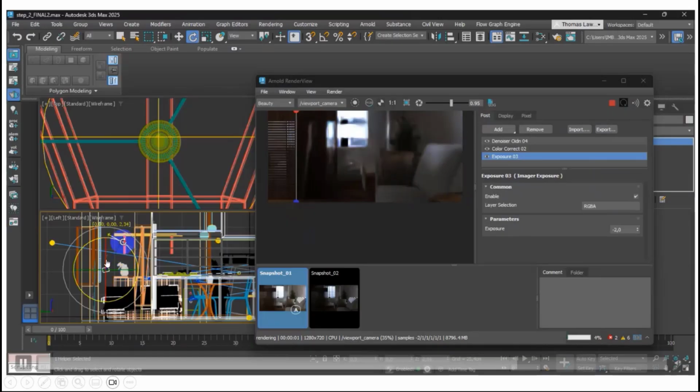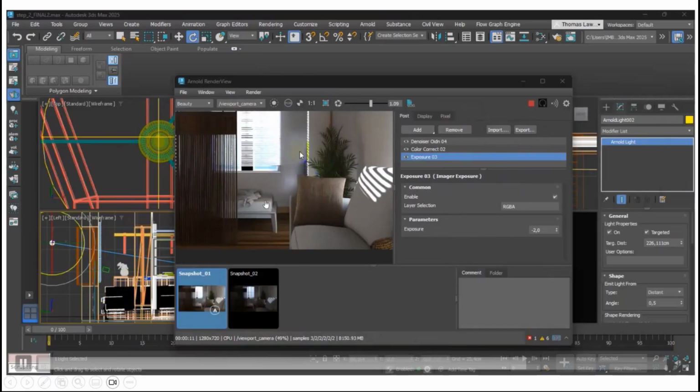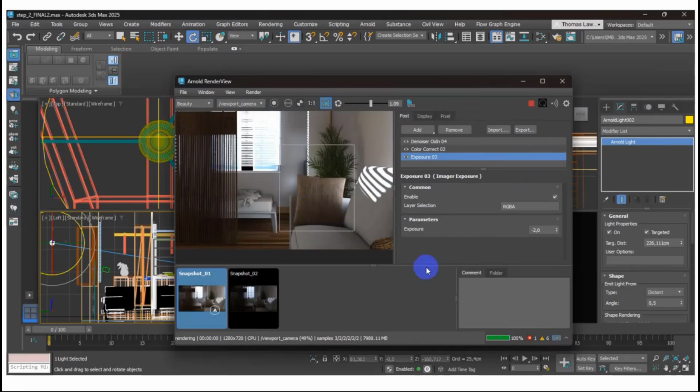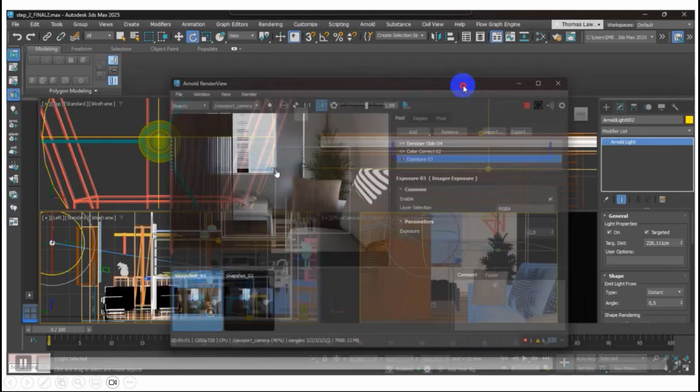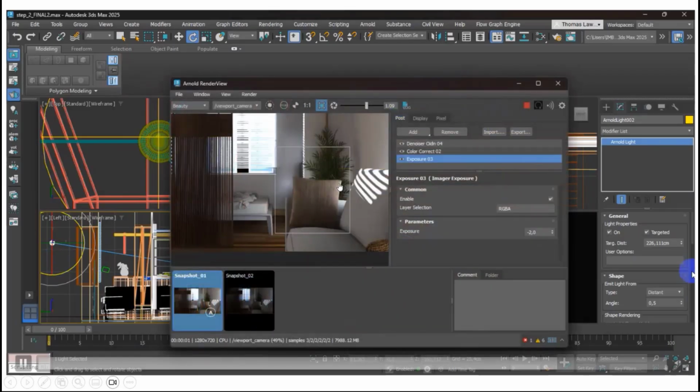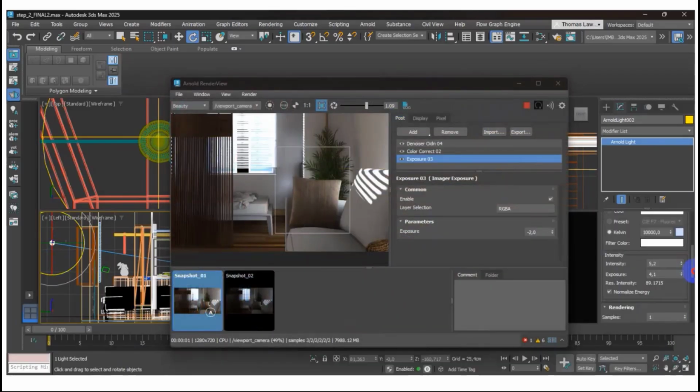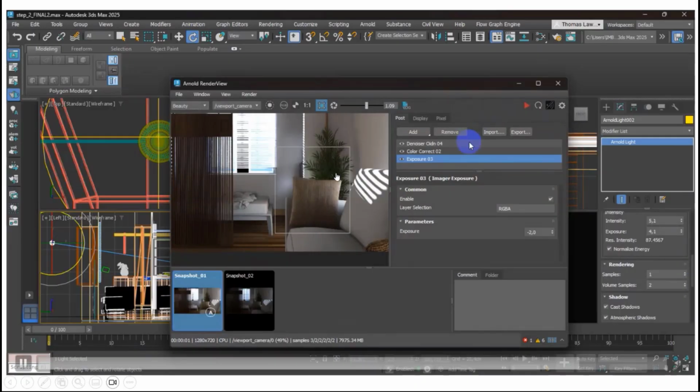That's the reason why I put some controllers here. It's easier. Let's say I want to render how bright the lighting is. I can also define the area. Why do I define the area? Say the client says, hey, I want to see only this area. It's easier; you don't need to render your whole project. You just describe which area you want to render. This is easier right now.